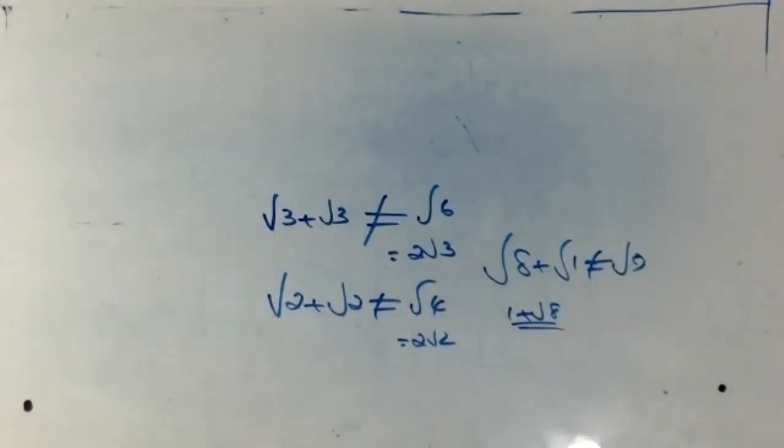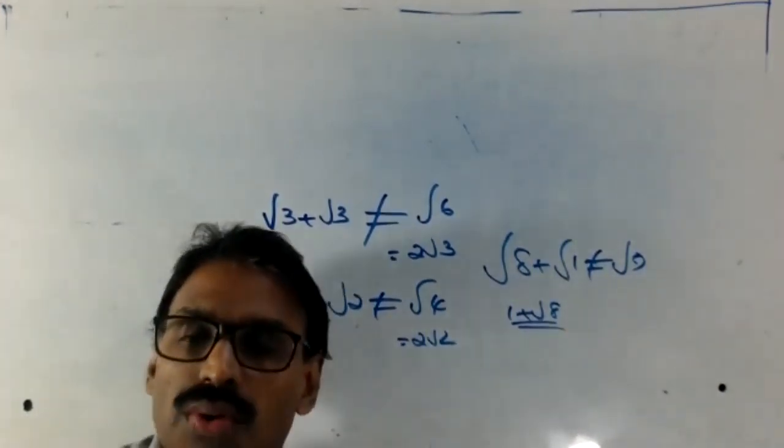First of all, you listen. What is a rational number? What is an irrational number? Okay. Listen. Rational numbers mean what? Suppose root 4 is a rational number. Root of 3 is an irrational number. Why? Root of 4 we can write as 2 into 2. Like that, will any two numbers multiplied give root 3? No.